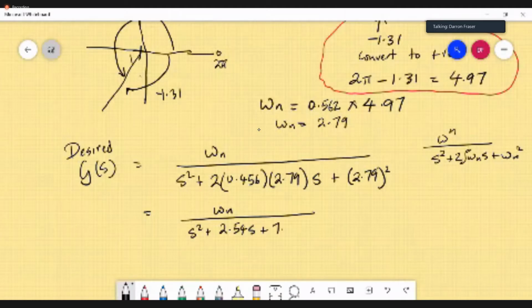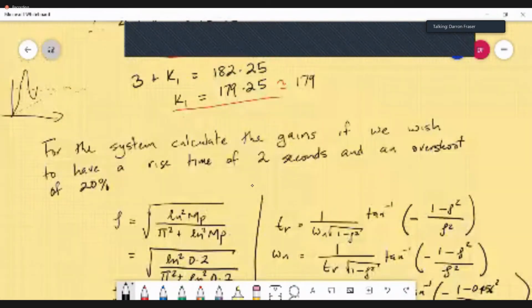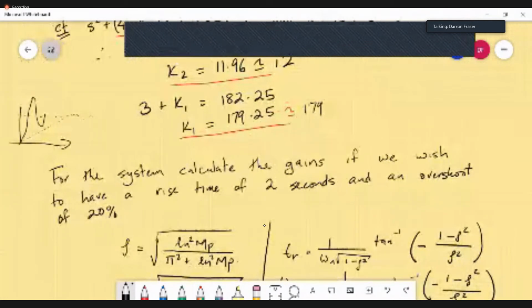All right, and we're comparing it with the same transfer function as we had before, which part is there? S plus